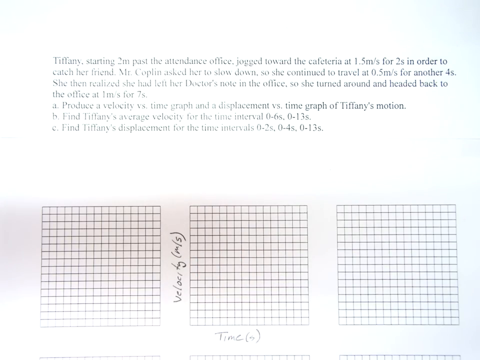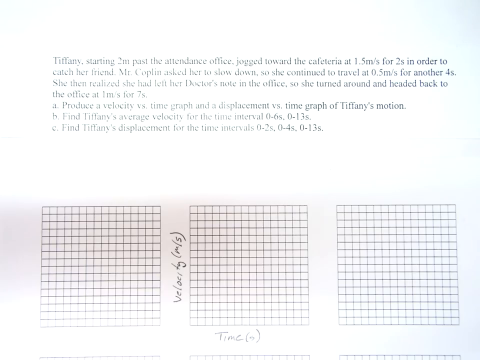Okay? And we need to look at the problem and see the different velocities that are represented so we can figure out what our intervals are going to be. How are we going to label our axes with numbers? So she starts out with a velocity of 1.5, then she slows to a velocity of 0.5, and then she travels at a velocity of 1 meter per second, but it's in the opposite direction, so it's -1. And so we have to represent a difference of -1 to 1.5, which is a total of 2.5